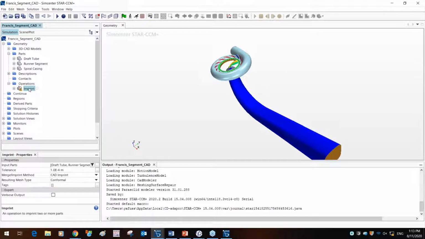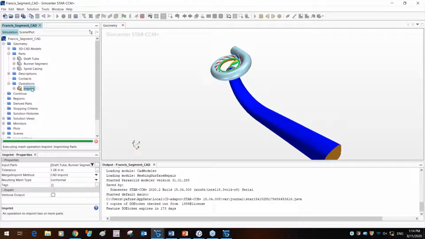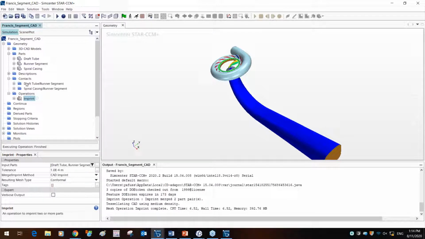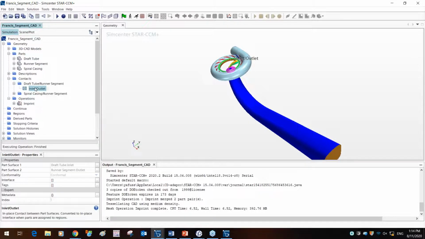And here's the operation. It has a warning sign next to it that means it hasn't been executed. Hit execute. And once you've executed this operation, you can see that contacts have been created. What it means is that there has been an interface contact between the draft tube and the runner segment and the outlet and the inlet. And as you can see over here, conformal mesh has been generated between those two features.